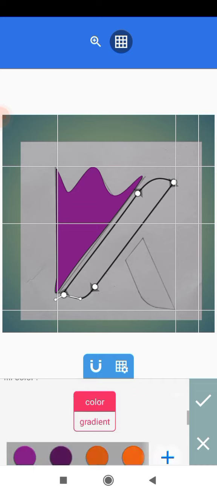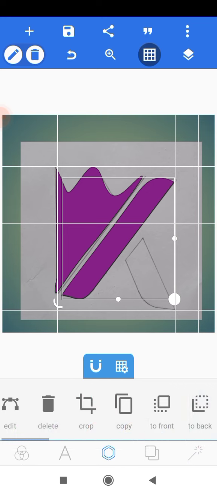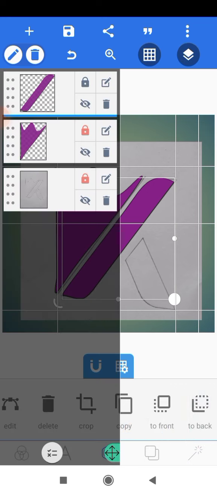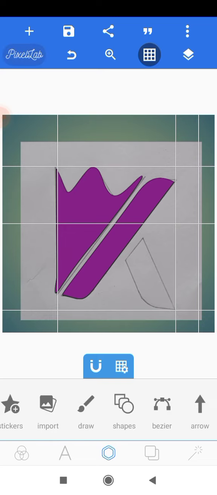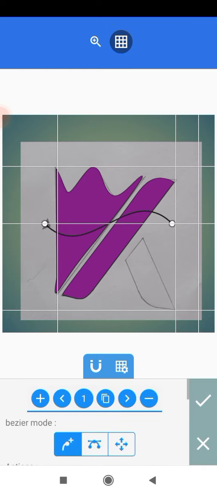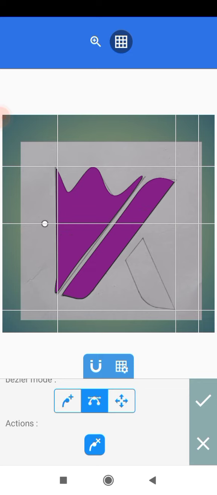I think we have it there nicely, and then we'll just give this a fill and we'll check, and we'll head on to our layers panel here, and then we'll lock it to have it in place. So the next one we want to create is that other part of the logo, and we'll just use our Bezier tool, and then we'll remove one of the points, select the Bezier move tool, and we'll drop it at this point,